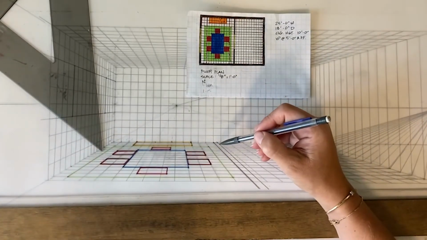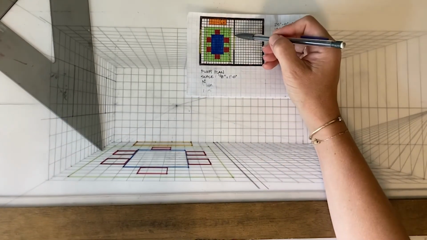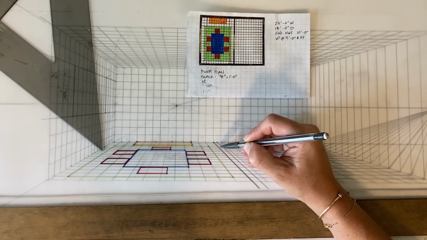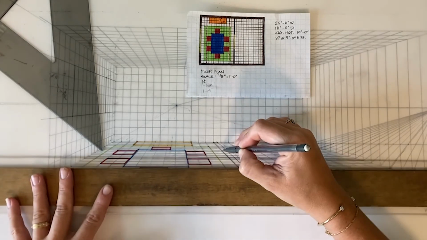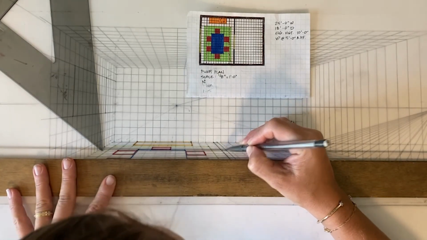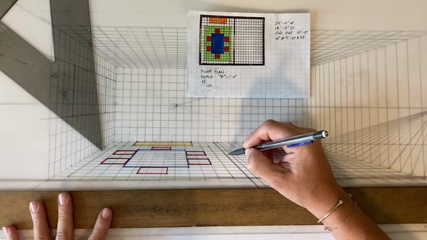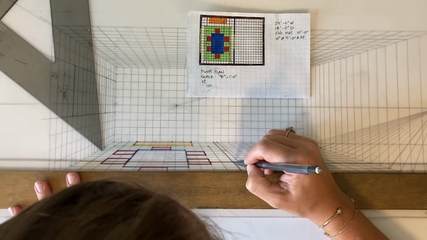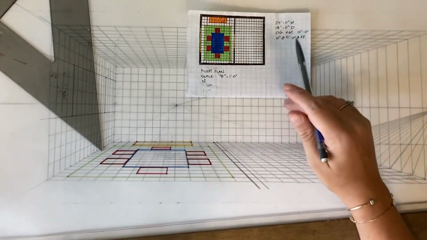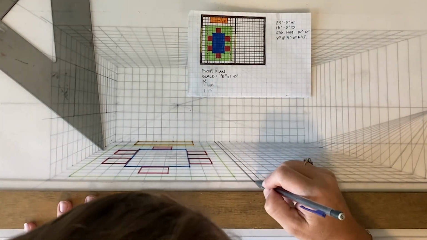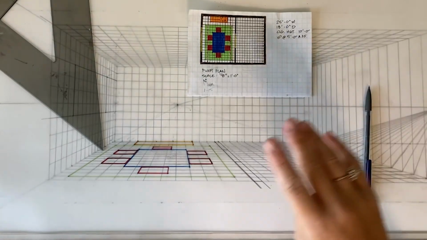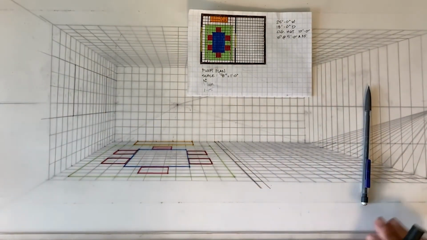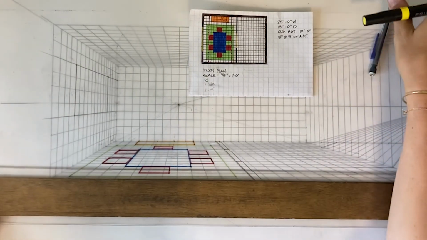Okay, now let's go ahead and count 6 boxes to figure out where this line happens and the opening begins. 1, 2, 3, 4, 5, 6. That's the opening. Okay. And then it's going to close off right here. So all I'm going to do now is ink in those architectural features in yellow. And then we will move on.